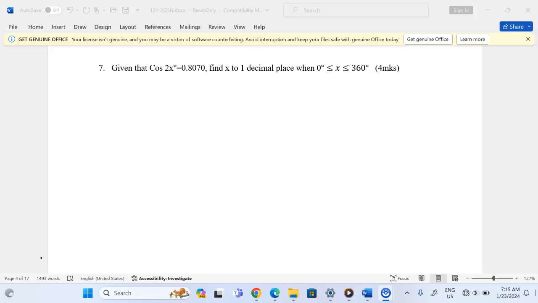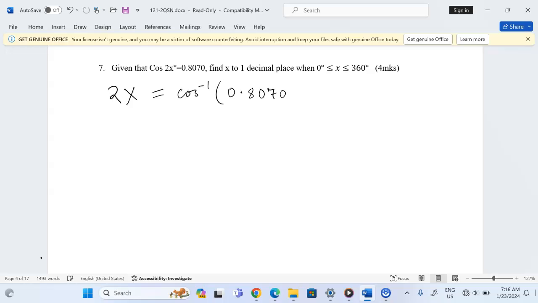So for us to begin, if the cosine of 2x degrees is equivalent to 0.8070, then we can get the value of 2x by taking the cos inverse of 0.8070. Therefore, the value of 2x, whereby we are first of all getting the acute angle whose cosine is this value,